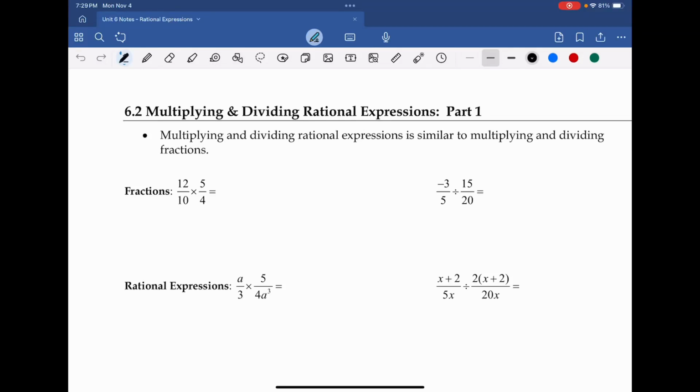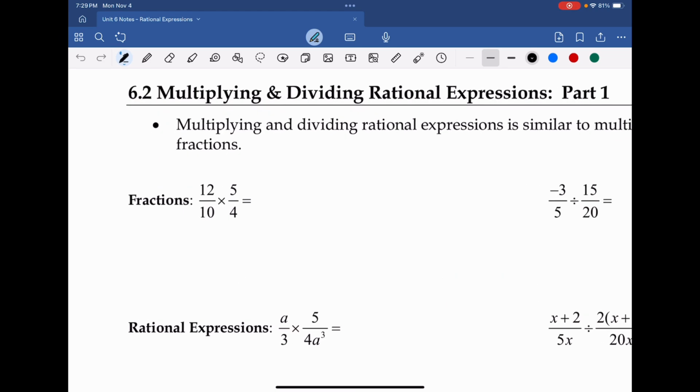All right, so now we move on to lesson 6.2, which is multiplying and dividing rational expressions. In the first section, we're going to primarily start with multiplying, and then for part two, we'll look at dividing and what that looks like. Now, we know whenever we multiply fractions, such as the example that's given to us here, what we can do